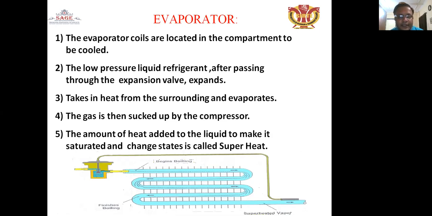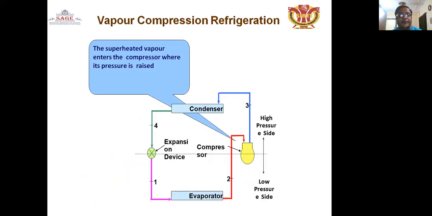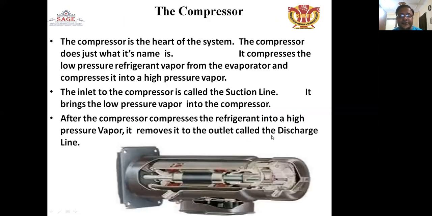compressor में जाने से पहले ये रेफ्रिजरेंट लिक्विड कंडीशन में एक्सपांशन डिवाइस से आया है, तो वो हीट को एब्जॉर्ब करके, सब्सटेंस जिसको भी ठंडा करना है, सुपरहीटेड वेपर स्टेट में बदल जाता है. This is the complete diagram showing the refrigerant vapor condition before entering the compressor. The superheated vapor enters the compressor where its pressure is raised.